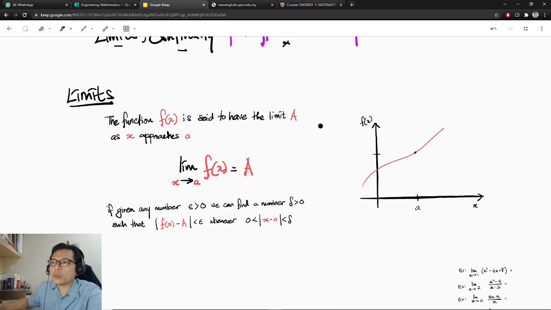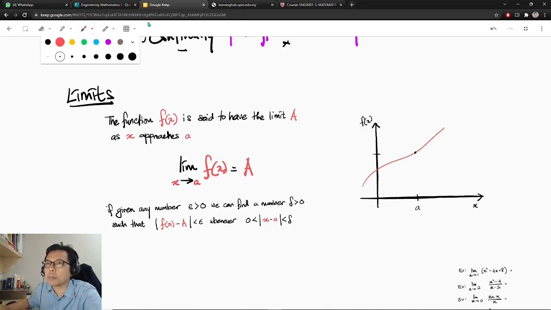Okay, so let's say we have a function of x, f of x. So the function f of x is said to have a limit a. This is a number. As x approaches little a, in math form, I will write it like this. The way to read it is like this: as x approaches a,